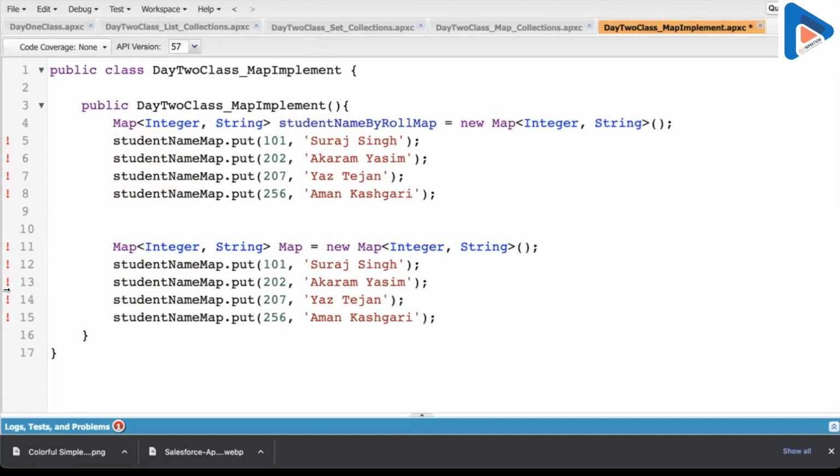Email. Oh, students have emails. Oh, students have a phone. Let's say phone. Let's store the